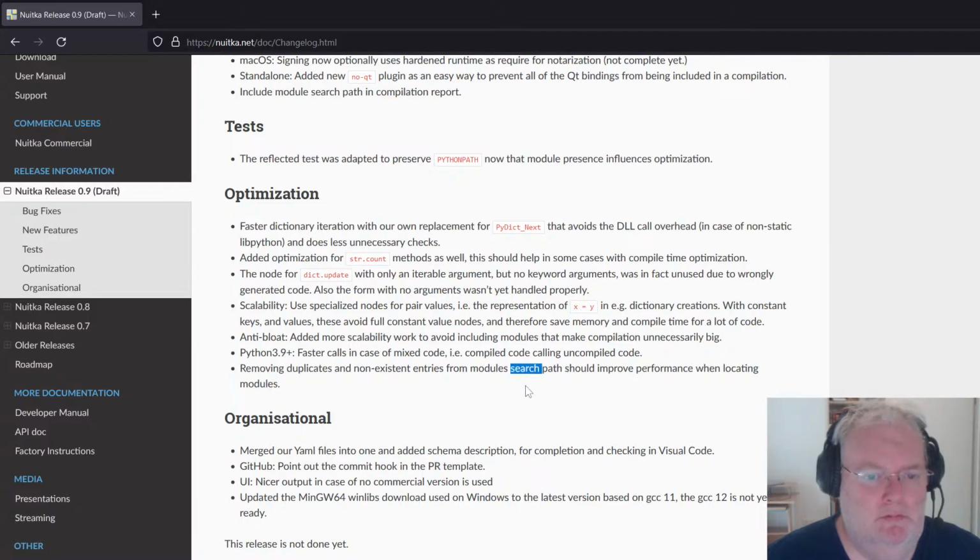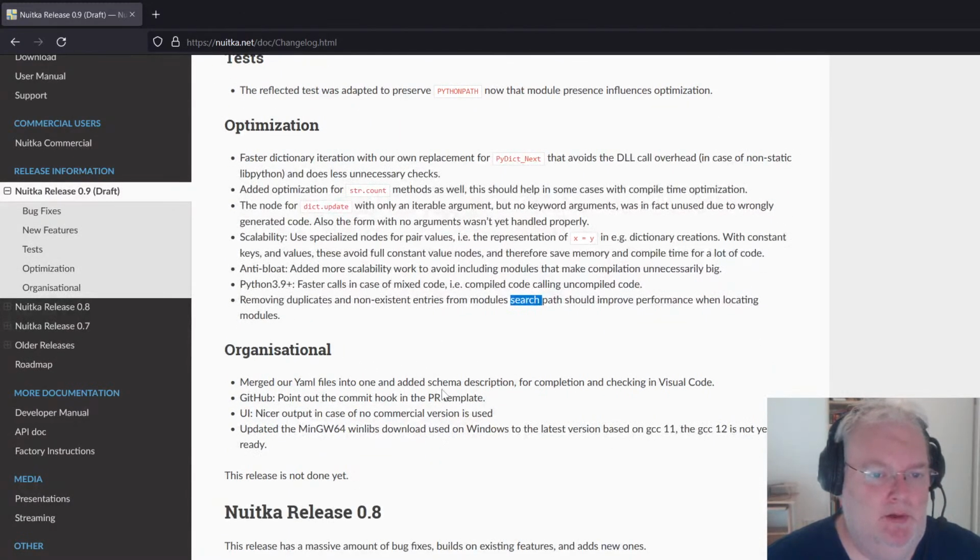When the directory was two times in the search path, Nuitka would look at it two times, searching for a module. That's of course stupid and wasteful. And if a directory doesn't exist, it would always try if the module below it maybe exists. Also very wasteful. And especially Windows, I think it's pretty slow on I/O files, and this might help. At least it made things cleaner.